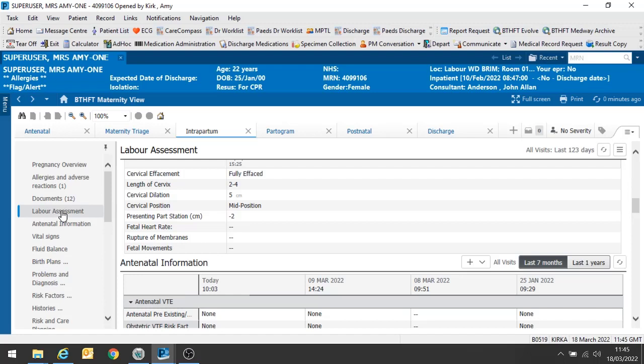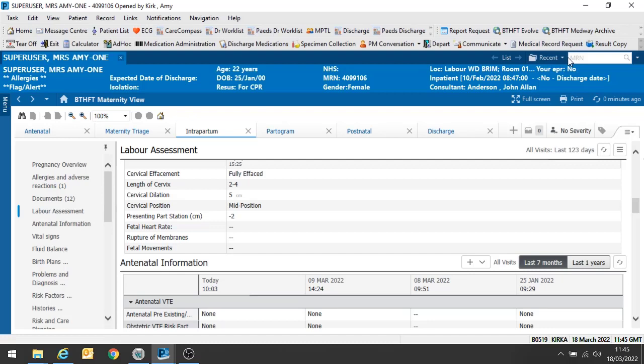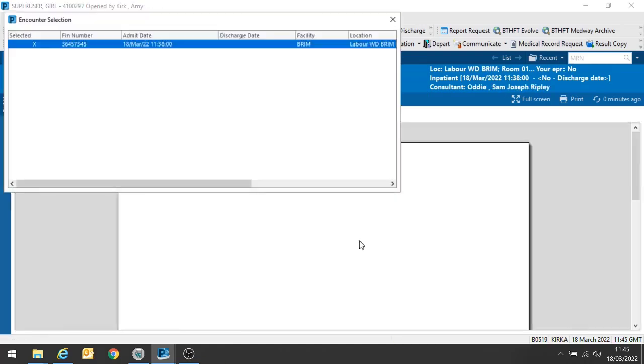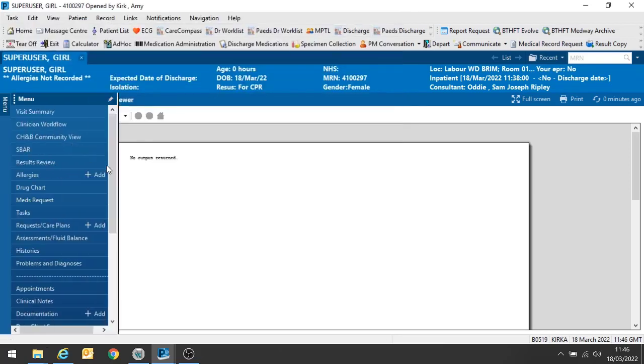Once our patient has delivered it will automatically create a related record towards our babies. To go to our related record we would be able to select the drop down from the toolbar options and go to the related records, and this will take us through to our babies. If there is more than one baby related to this mum, it will open it up here giving us a list of the babies that we would be able to select. I'm just going to cross that box and go to